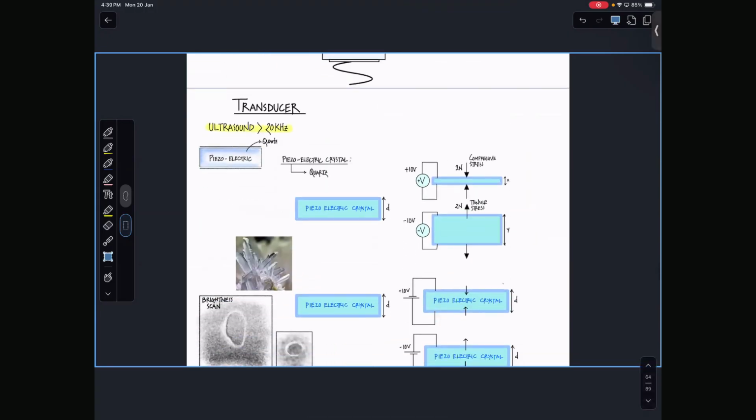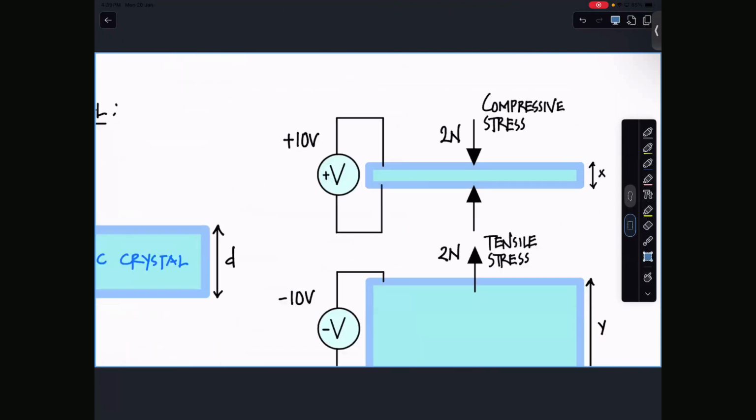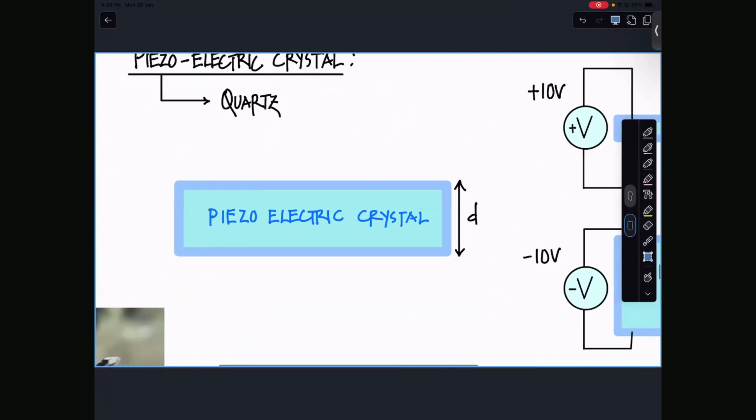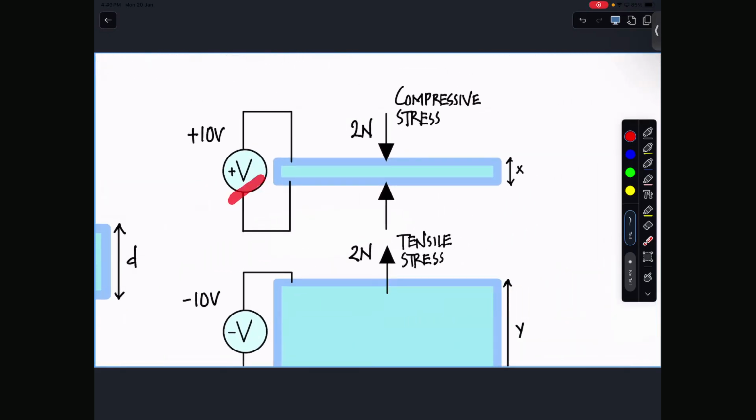So the notes are given here, I'll go through them. First, this is the crystal, okay? Piezoelectric crystal. It's basically quartz. You don't need examples, but you'll find quartz mentioned in your mark scheme. And what you do is you provide a positive voltage here, +10. Do you see the amount of